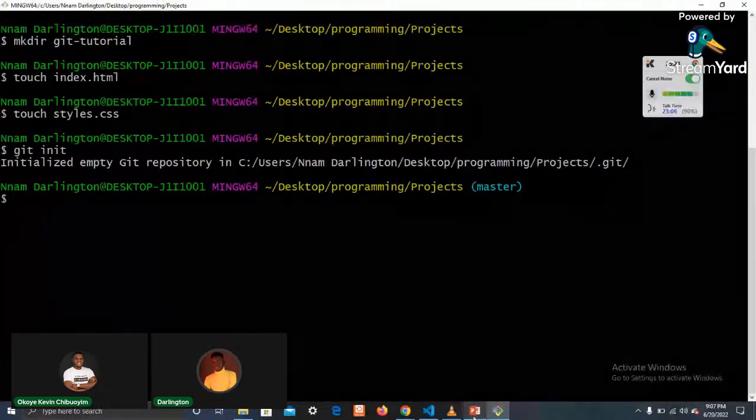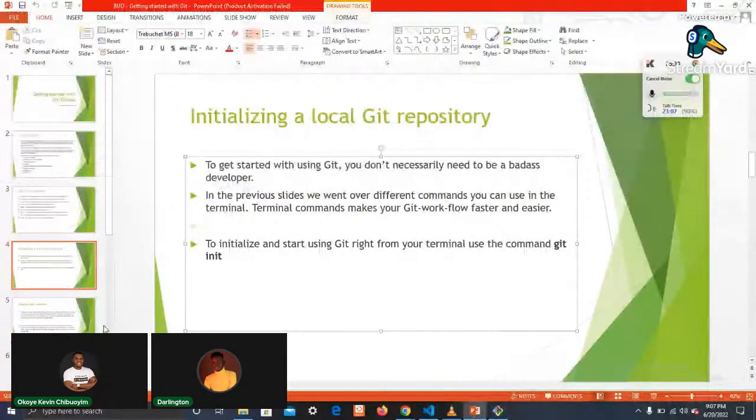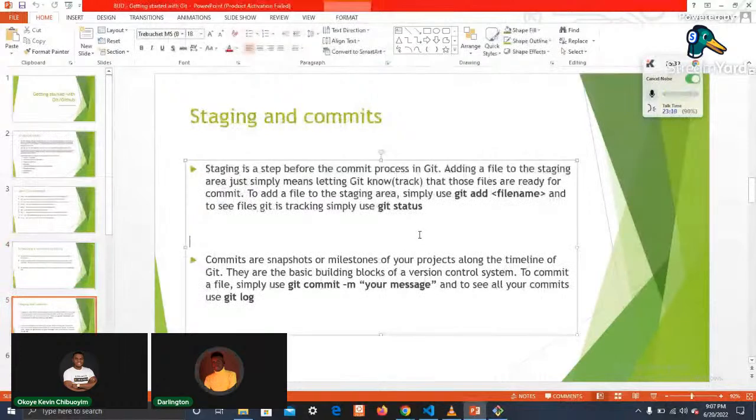Now let's go over to the next topic, which is staging and commits. Essentially, they are the basic building blocks of Git. If you understand how staging and commits work, you could use Git like a professional.